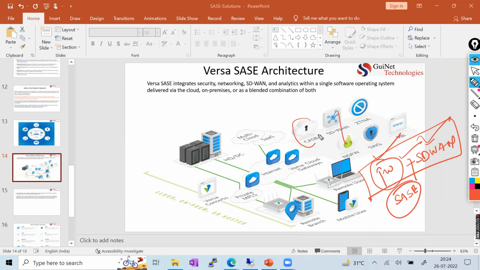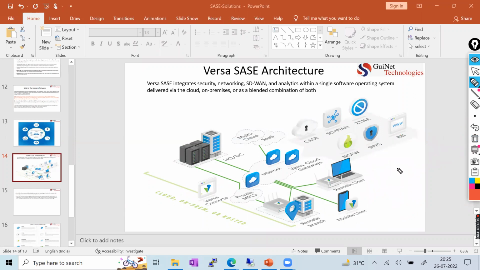Now, these two things, CASB, Cloud Access Security Broker, and Zero Trust Network Access, these are basically again part of the security. Like when you talk about how CASB is going to help my cloud-based application, right? It's like when you talk about the proxy. So what does a proxy basically do? Let's say suppose you have to access any internet-based application, right? So you use a proxy, and the proxy forwards that request to whatever destination we have, based on the user detail.